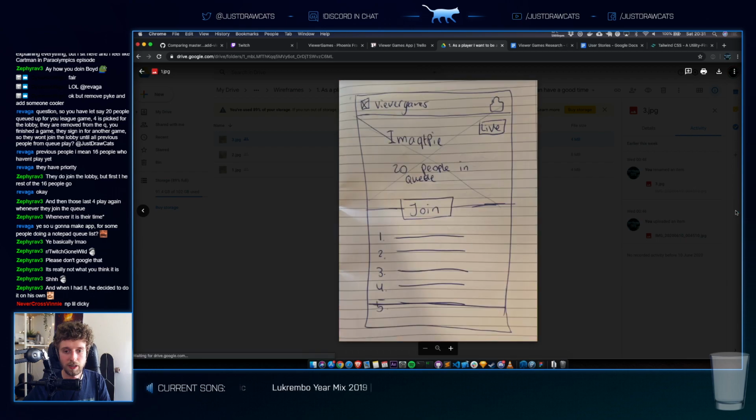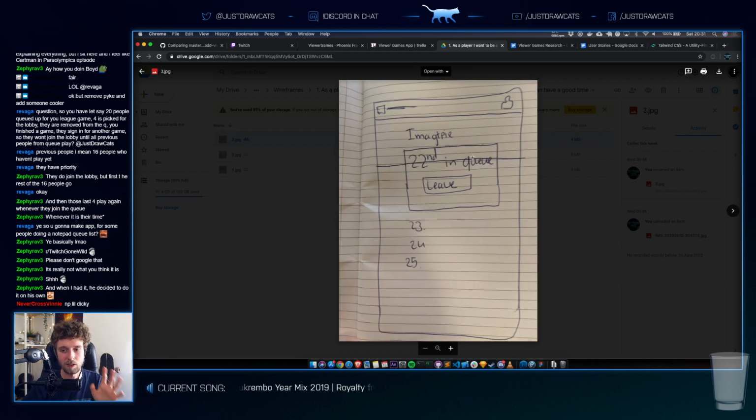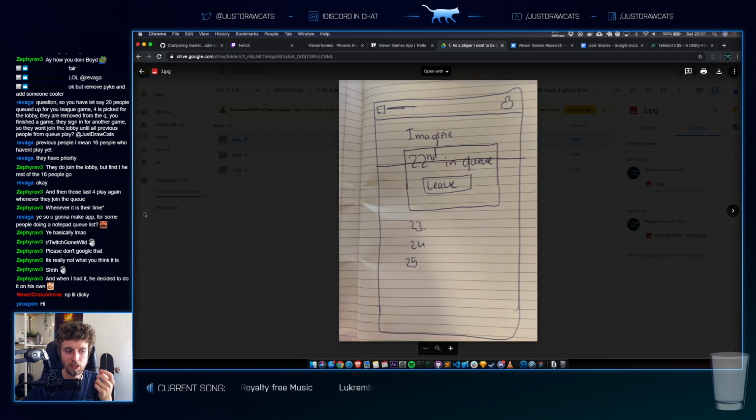Because I really wonder how we are going to notify the user that he's now ready to play, you know? Maybe it should be a setting. Maybe we should use browser notifications. But people probably don't really like browser notifications.